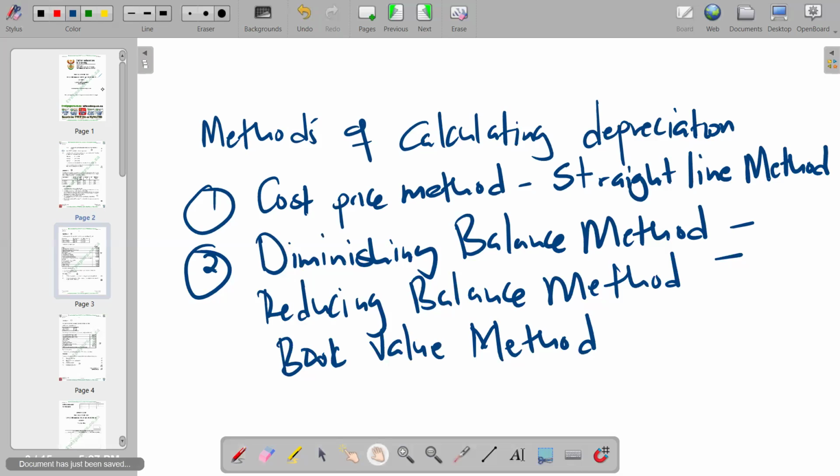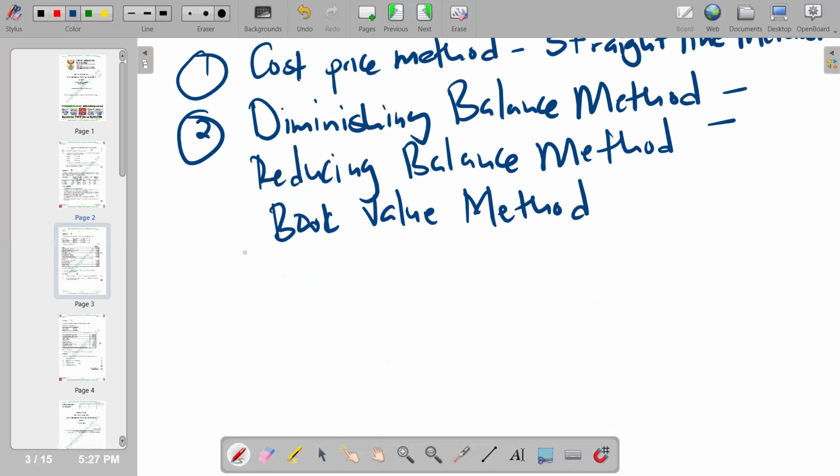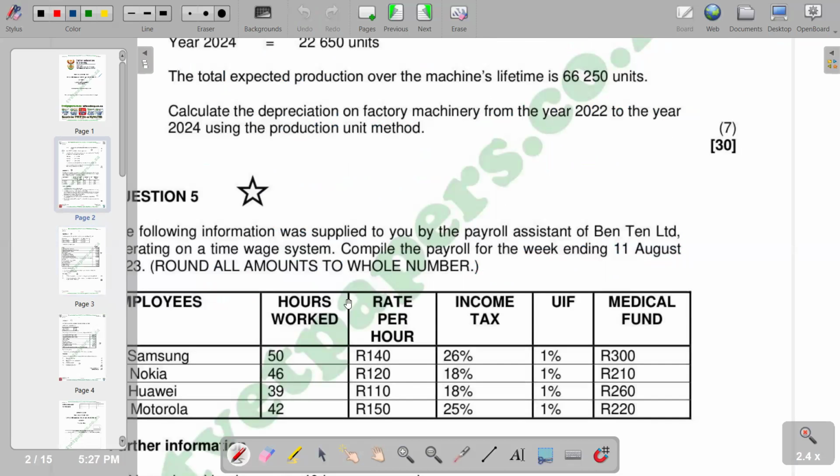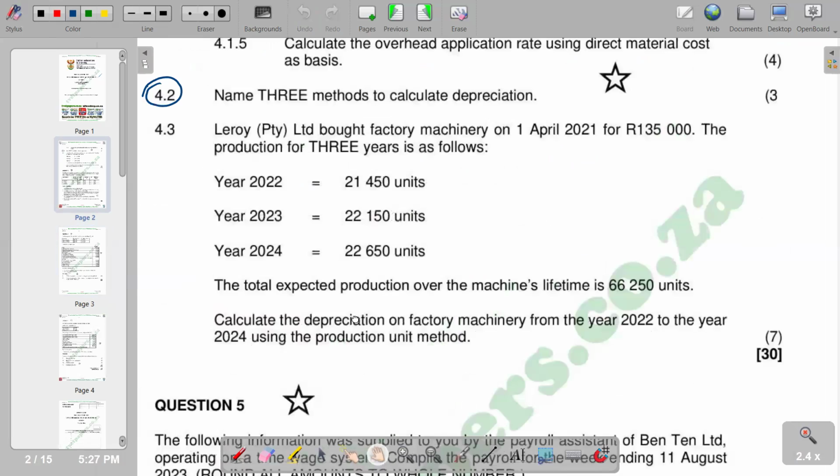We also have the last method, which is the production unit method. So this is what we have on that part. And then I will move on to the next question, which requires us to calculate depreciation, whereby it reads Lilo